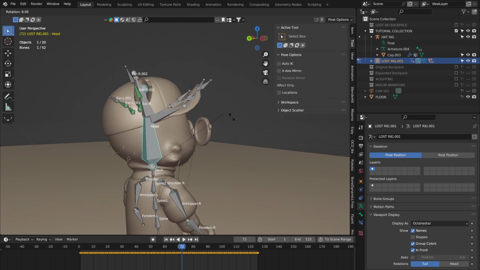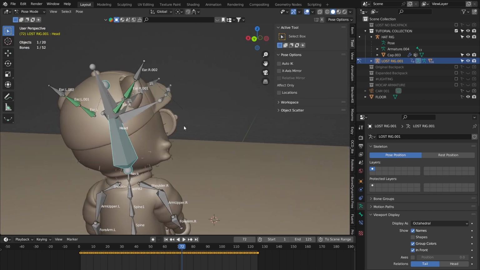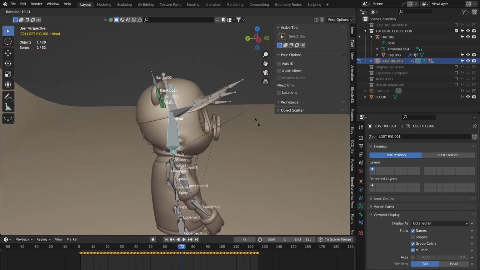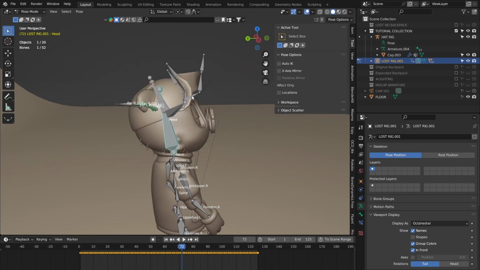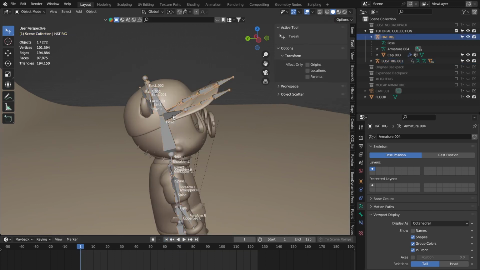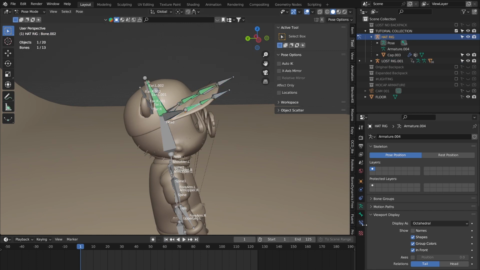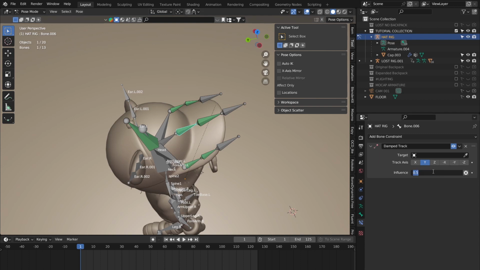And this is where you might have to just be a little bit more custom with the values that you put in the damp tracks. So right now, it kind of looks like the hat is a little bit too squishy. So I would need to just change those values in here to be slightly less. So rather than 0.5, they might be 0.3 or 0.2 or whatever it might be. It kind of depends on how many bones you've got, how long the object is, and so on and so forth. But if I just type all these to 0.2, and maybe I reduce these outer ones to 0.3,